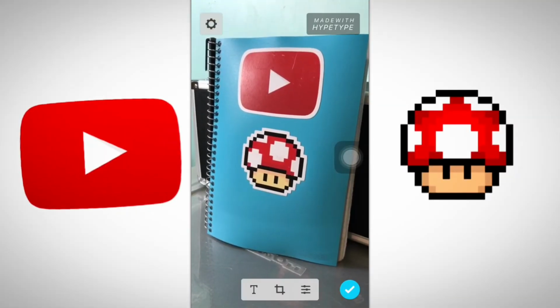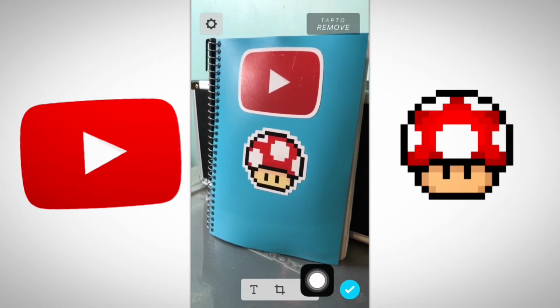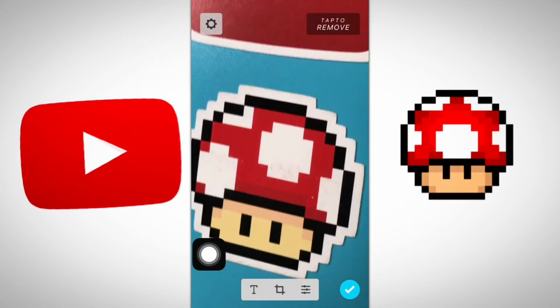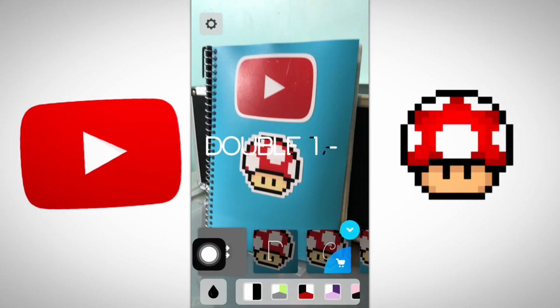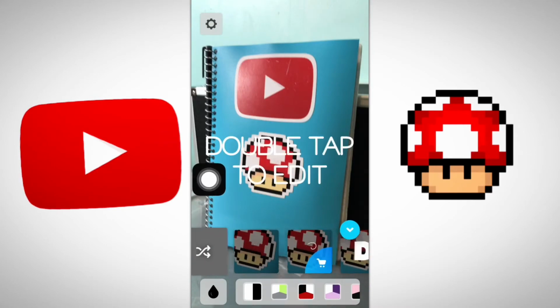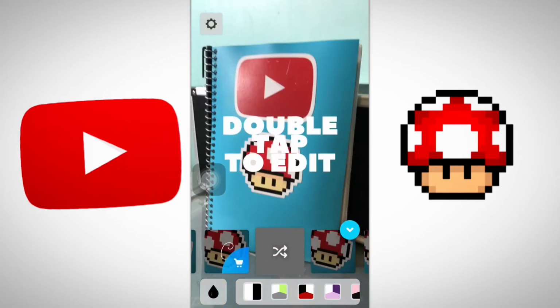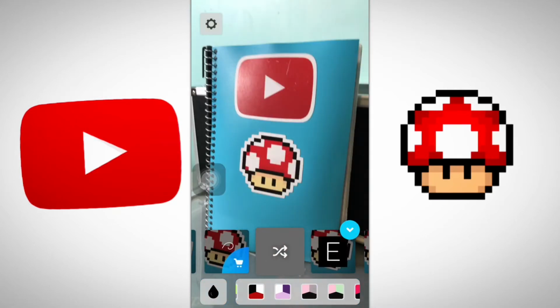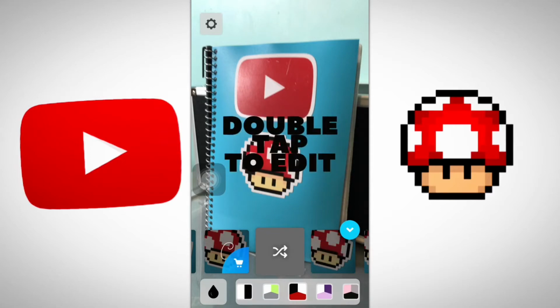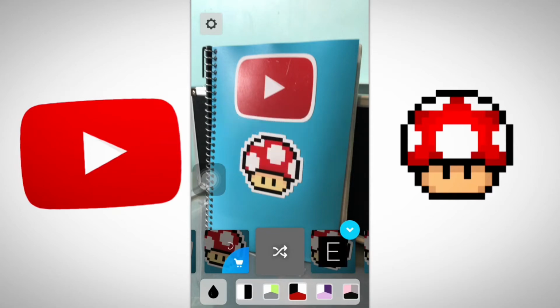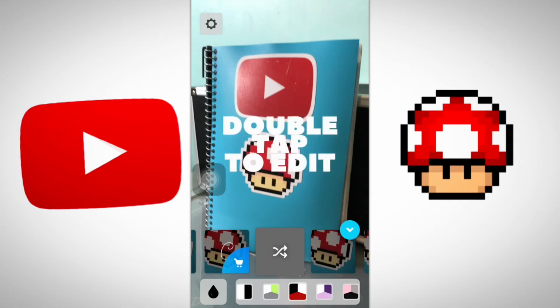So here you have it. Now you have three different options right here. So this is the text option. You can pick any text you like. They have different animations, and then you can also pick the color. I'm gonna tap on that, and if you tap again, it's gonna switch it like black, white, or red, whatever